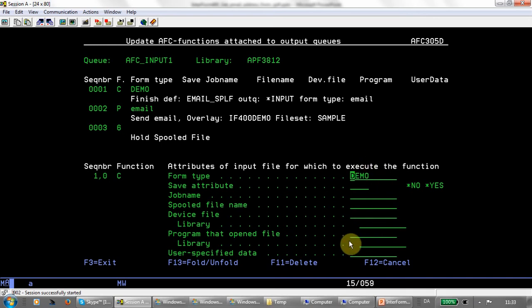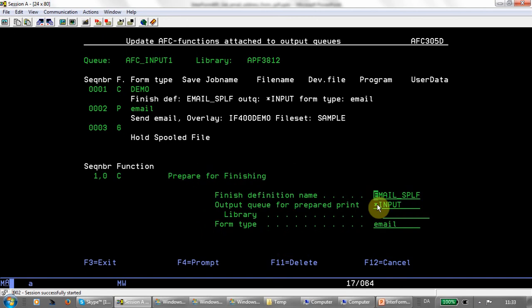But now we need to uniquely select that spoof file and make sure that the result of the finishing definition is not triggering the finishing definition once again. One way could be to have a unique form type. You can also combine that with the spoof file name and so on. I'm hitting enter. Now we select the finishing definition, which you can select with F4,